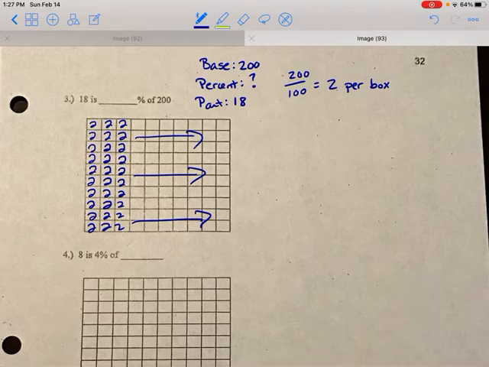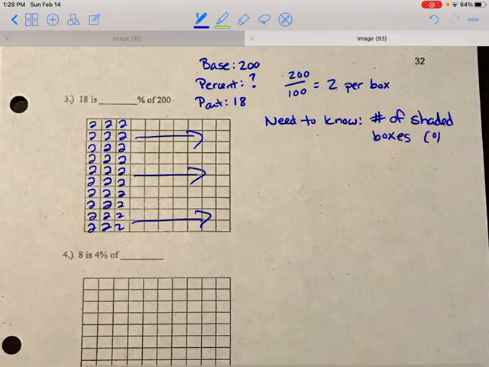All right, so normally what I do is I go to my percent, and that tells me how many boxes should be shaded. So that's what I'm trying to find out. This is what I need to know. I need to know the number of shaded boxes, because remember, that's going to be my percent. So I don't know that because I don't have any shaded, but now let's look at the 18. So what does the 18 tell us? Remember, the 18 is the part. So what that tells us is that the sum of the shaded boxes